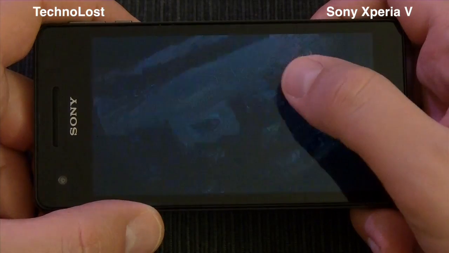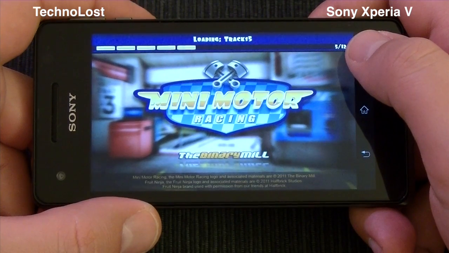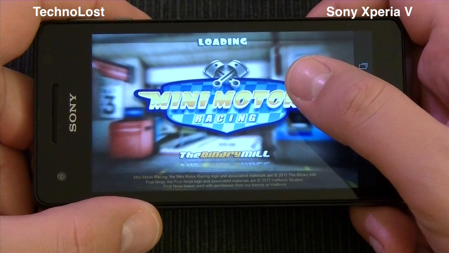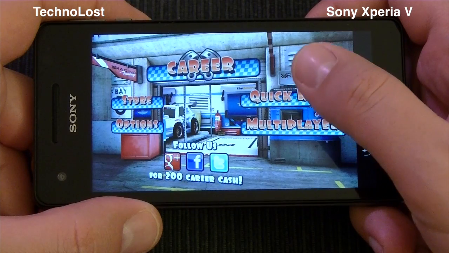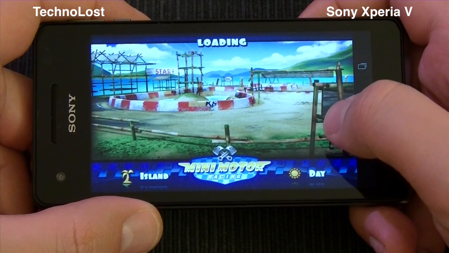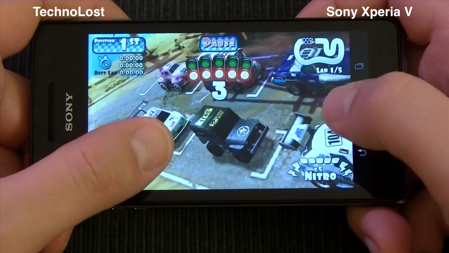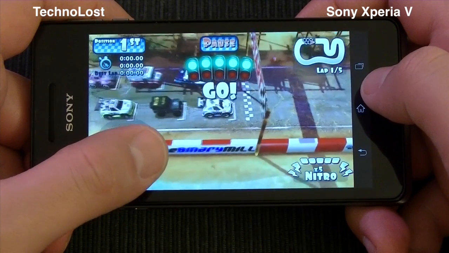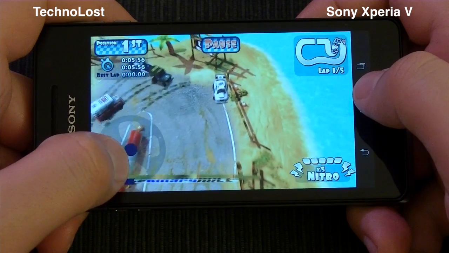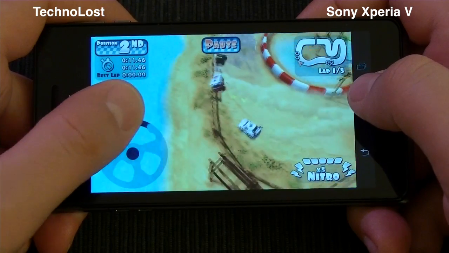Now let me show you Mini Model Racing, which is another very good looking game with nice graphics, and it's a pleasure to play. Just let me show you how it runs on this Sony Xperia V. Let's quickly select the car and the track. Let's get to the point of starting the race. So there are many cars running all together, but as you can see, there's no problem